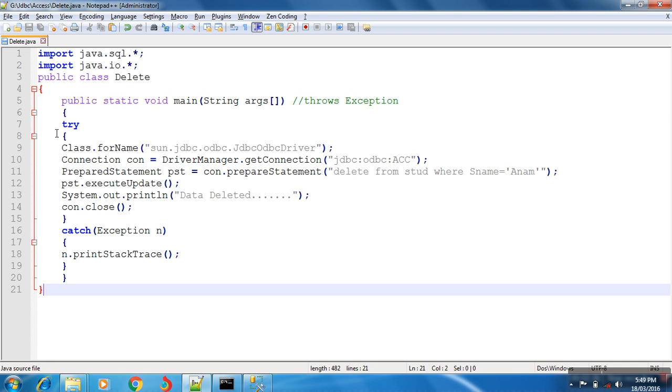Now, public static void main, it is your main function. What is public? Public is an access modifier. Static is also a keyword, and a static block will execute before the main function. Void is a keyword. What is the reserved value of void? Null.